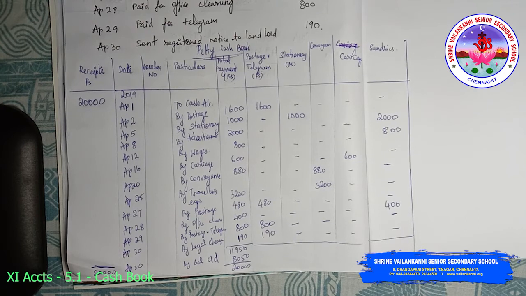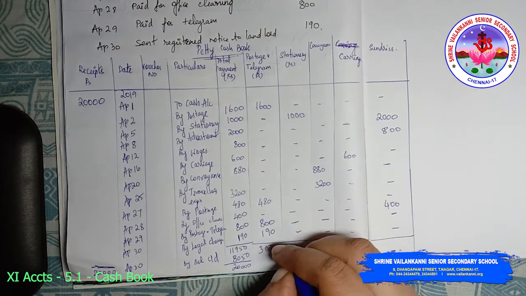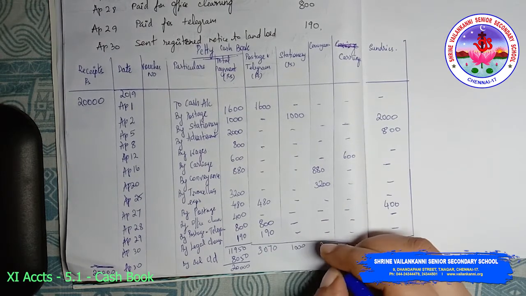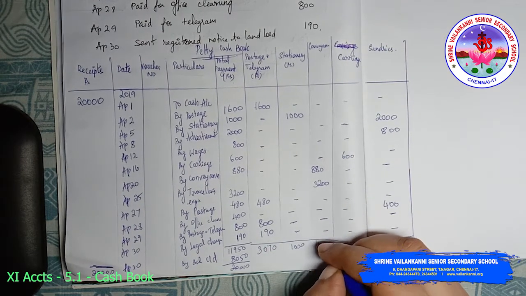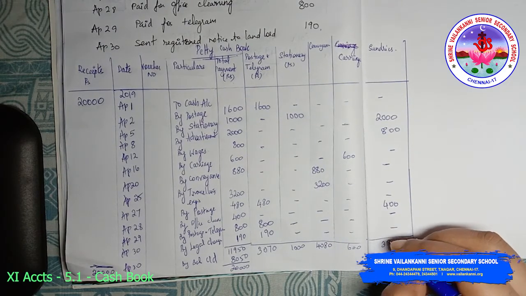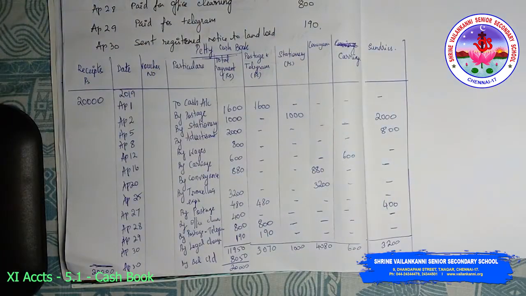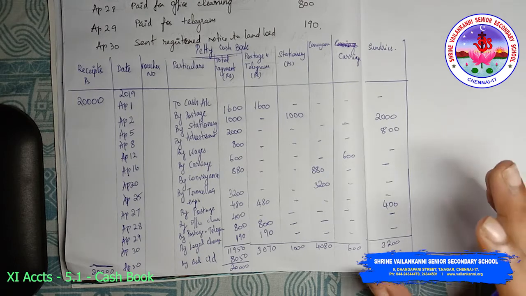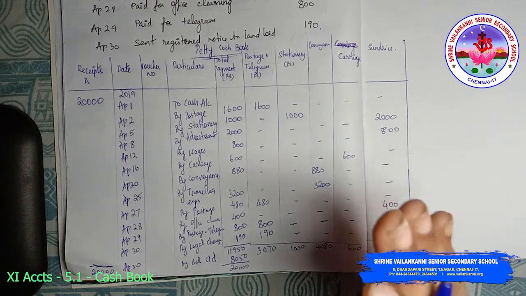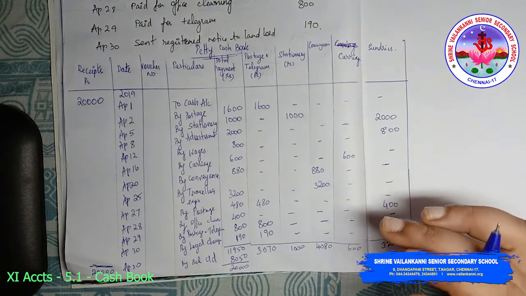Now I'm going to write the total of all the columns here. This total comes to 3,070, 1,000, 4,080, 600, 3,200. So this is the total of the entire cash book. I hope this working is clear. This is the basic petty cash book problem, and this is how you will get it in your question paper also. So please make sure that you practice this sufficiently.